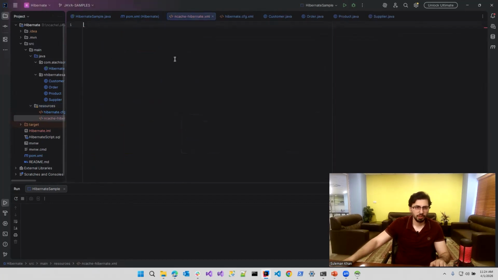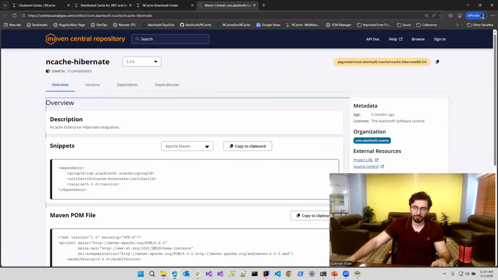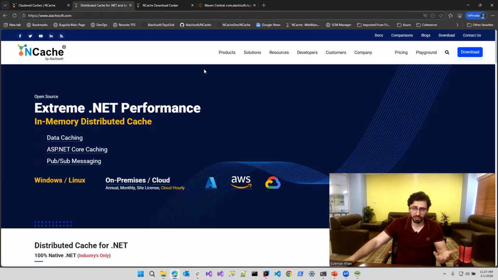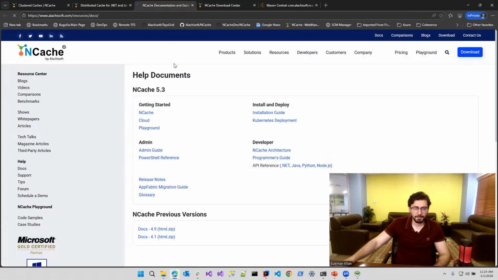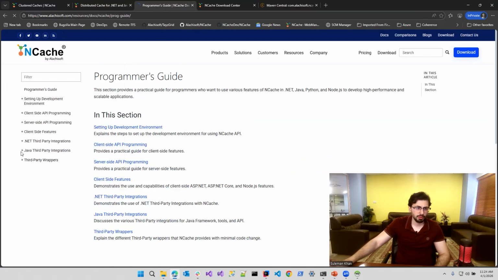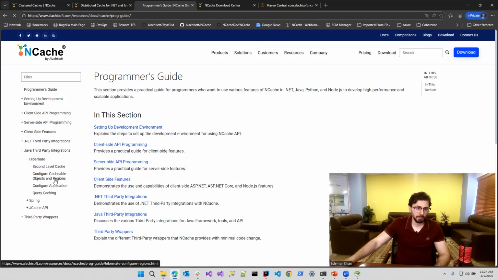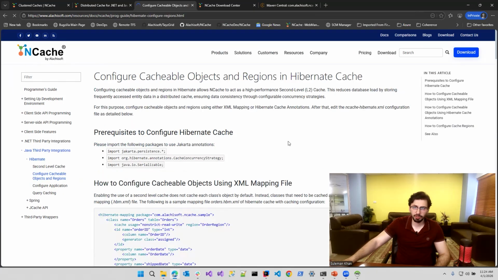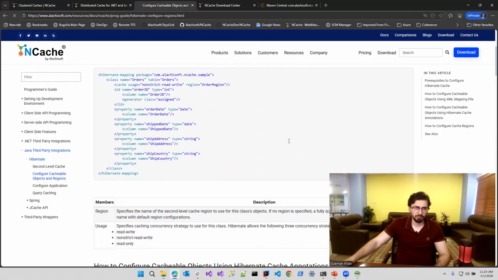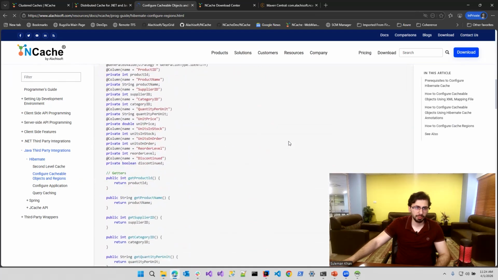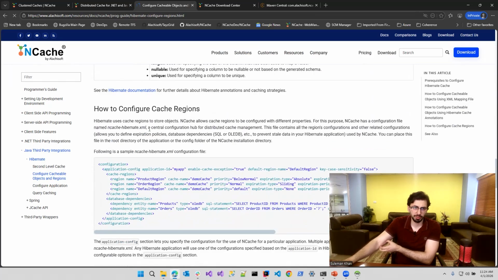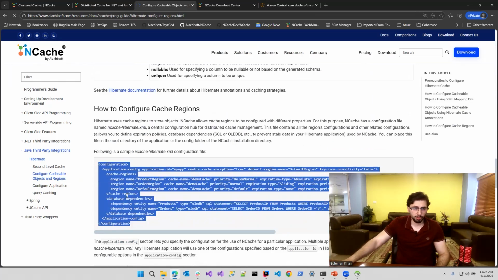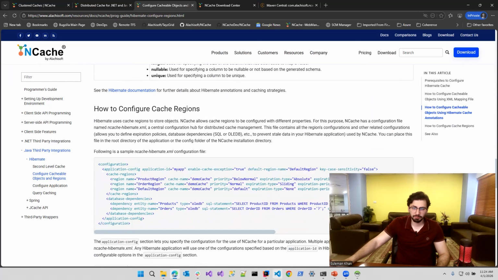And now for the XML layout of this file, I'm going to navigate to the NCache website where we have a great guide for the setup. I'm just going to go into the doc section, open up the programmer's guide, and we can look for the Hibernate integration over here. Okay, so I believe it's in this section over here. So this is how to configure using the XML mapping file. This is how to annotate the entities, and below we should have the configure cache regions. Okay, so I'm just going to copy this in my XML file,